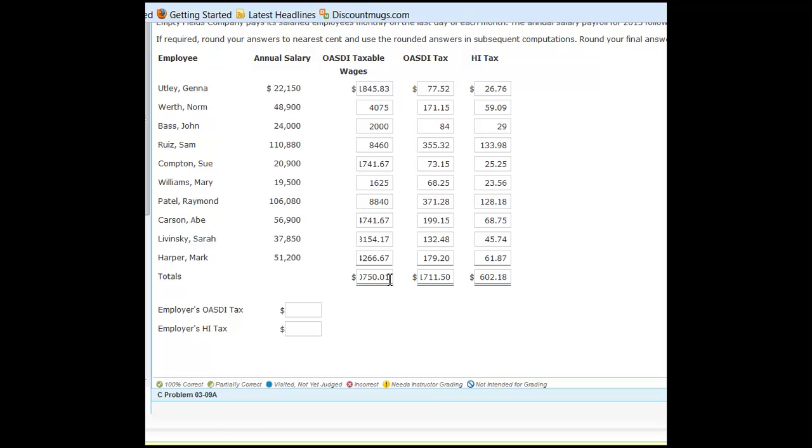So then we've added everybody up. We have the totals here, and we have to calculate the employer's portion. So the OASDI is going to be this total here times our 0.062. That comes up to $2,526.50. And then this